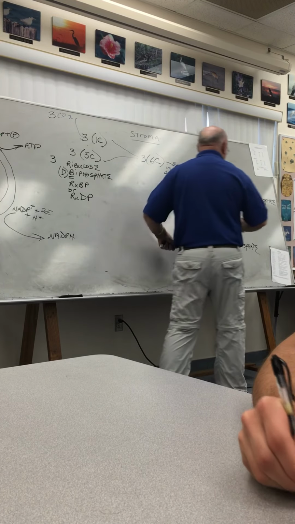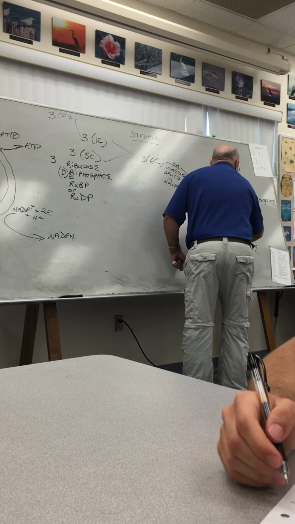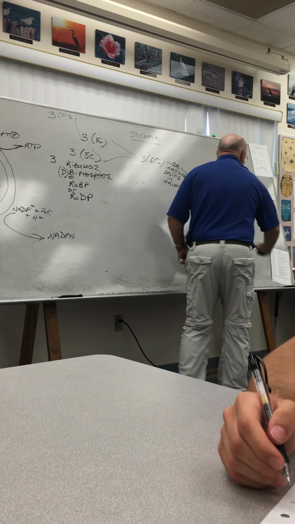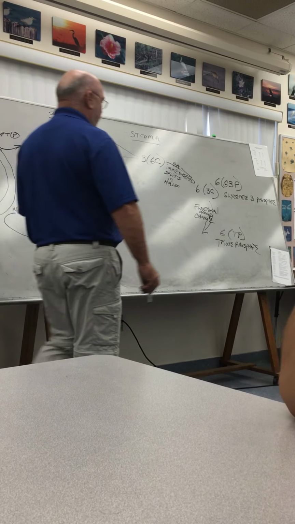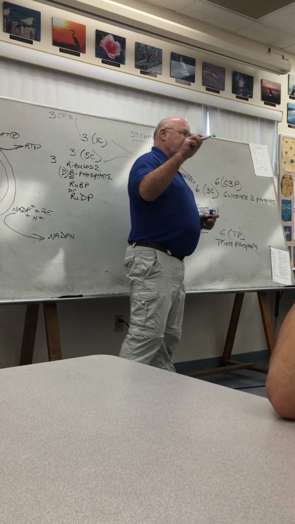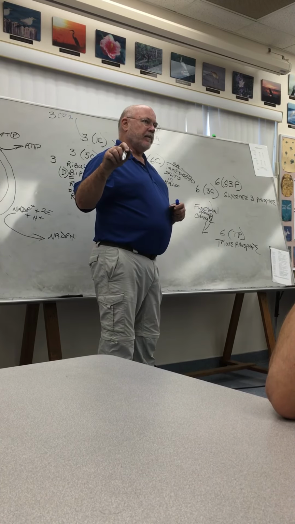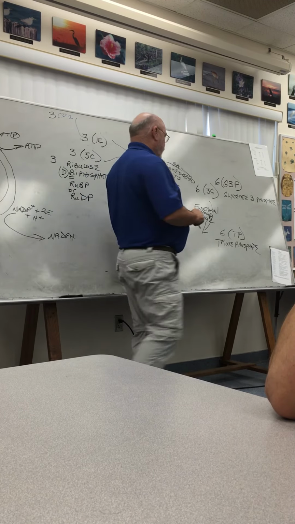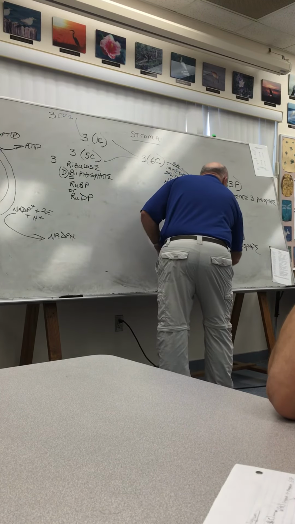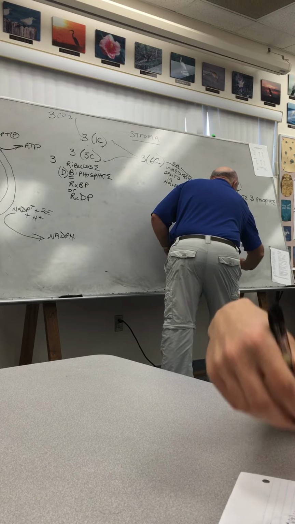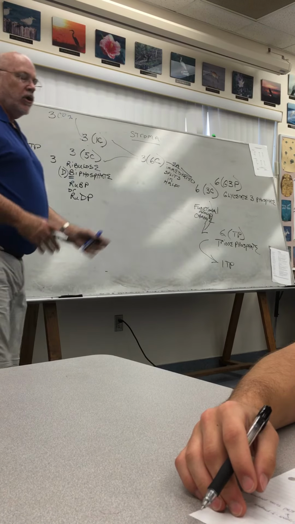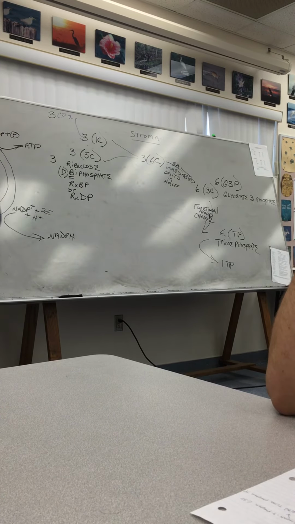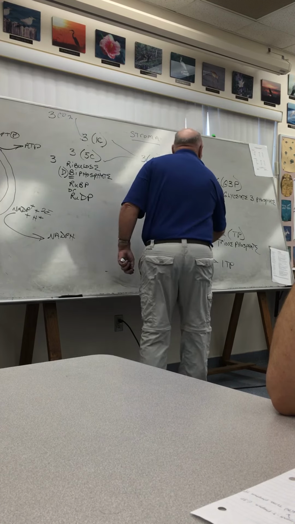And how many of these will there be? 6. What are they abbreviated? TP. Triose phosphate. What did I tell you the useful product of the Calvin cycle was going to be? Triose phosphate. So out of these 6, 1 TP is kicked out of the party. Okay? You go do something else. The remaining 5